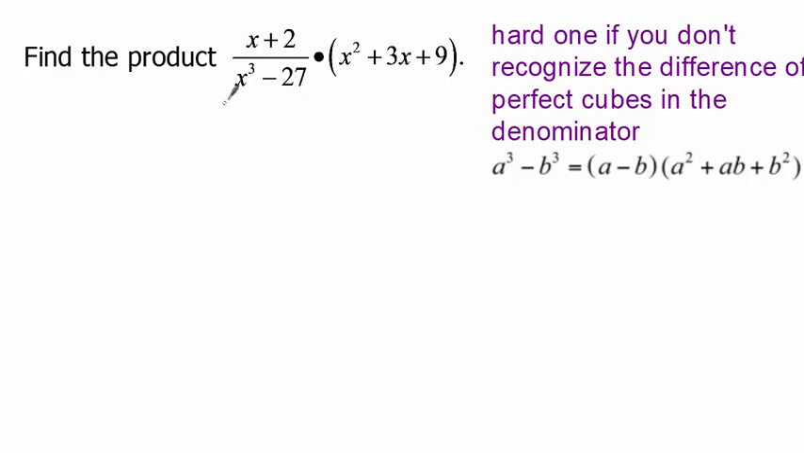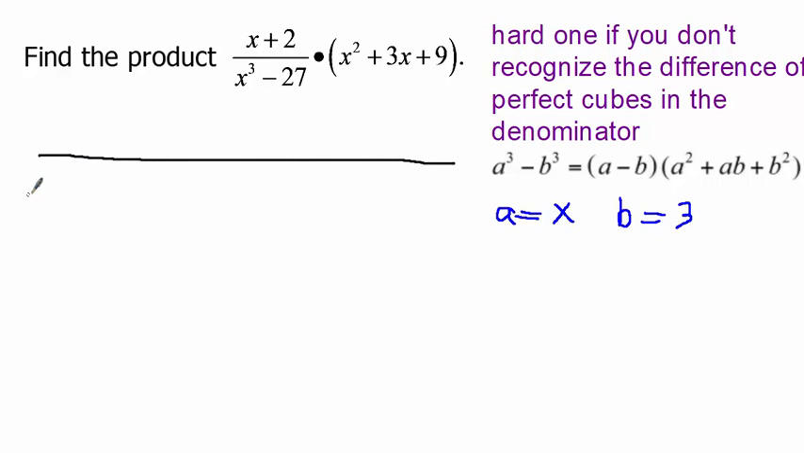Now I would have problems factoring this if I did not recognize that this bottom one is called the difference of perfect cubes. And the difference of perfect cubes is written here. And I need to figure out what a is. And a is the first term taken cube root of. That's going to be x. And b is the cube root of the second term, and that's going to be a 3. So across the numerator,